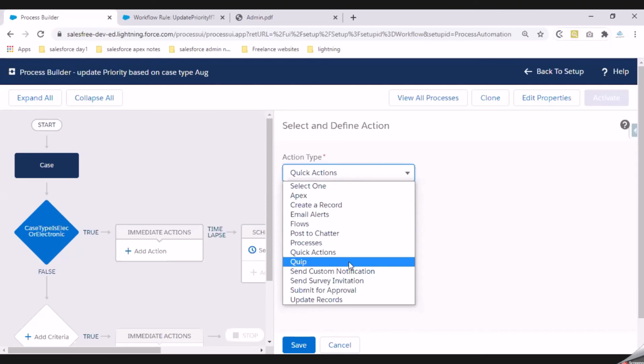Alright, so Salesforce is also equipped with Quip. Quip is nothing but a kind of an online Excel sheet. In case you want to update some information in Quip, you can always select this option. Right, and there are a few more things here which are the latest options given by Salesforce. Feel free to try out that one.